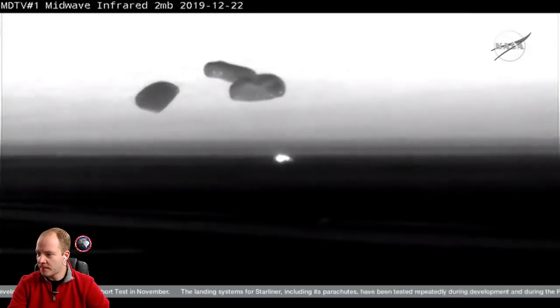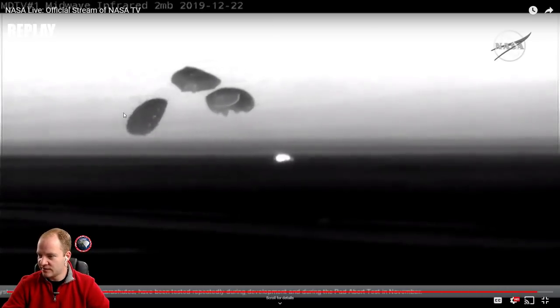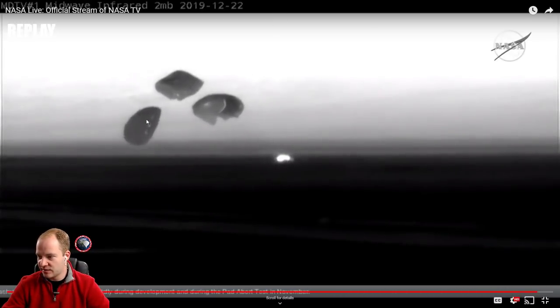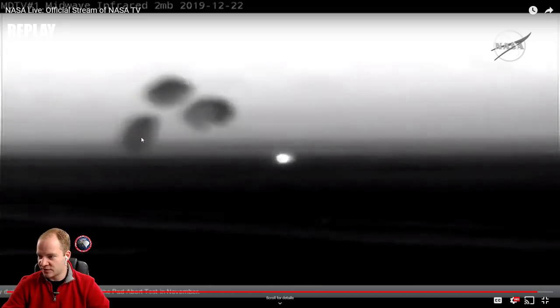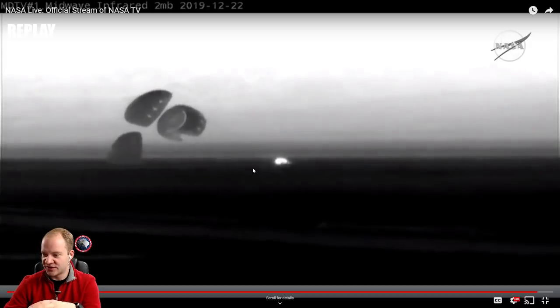At some point, Starliner touches down in the desert. Although it does look kind of like Mexico. An historic landing in White Sands, New Mexico. That could be the first flight test of Boeing's Starliner spacecraft. We talked about this earlier. The first time an American human capsule has landed on land, those parachutes have to be jettisoned so it doesn't drag the